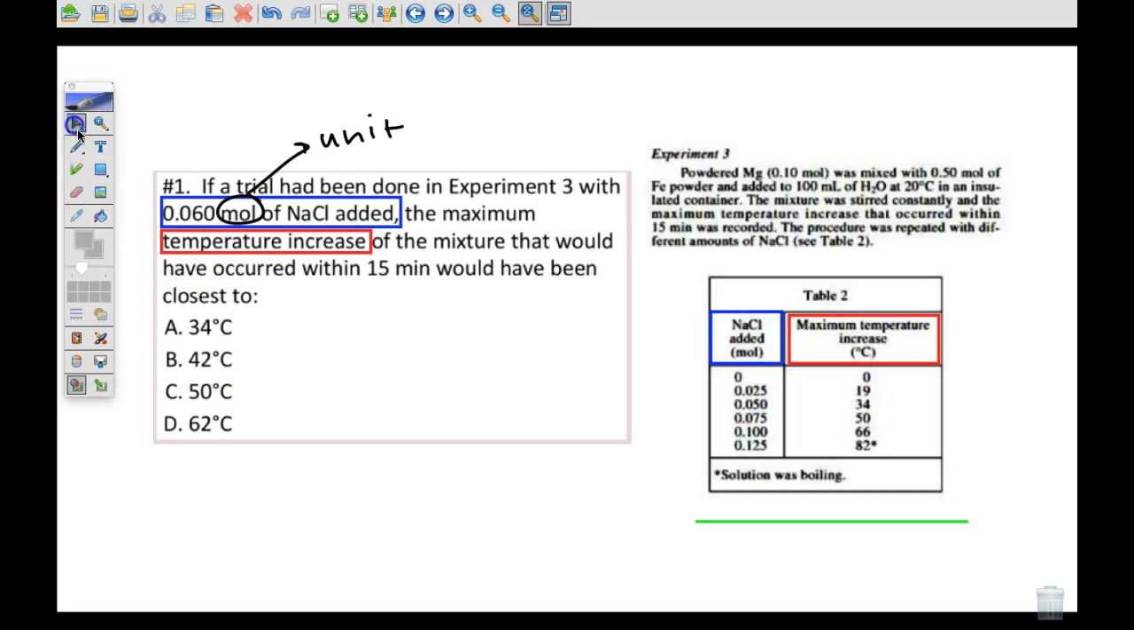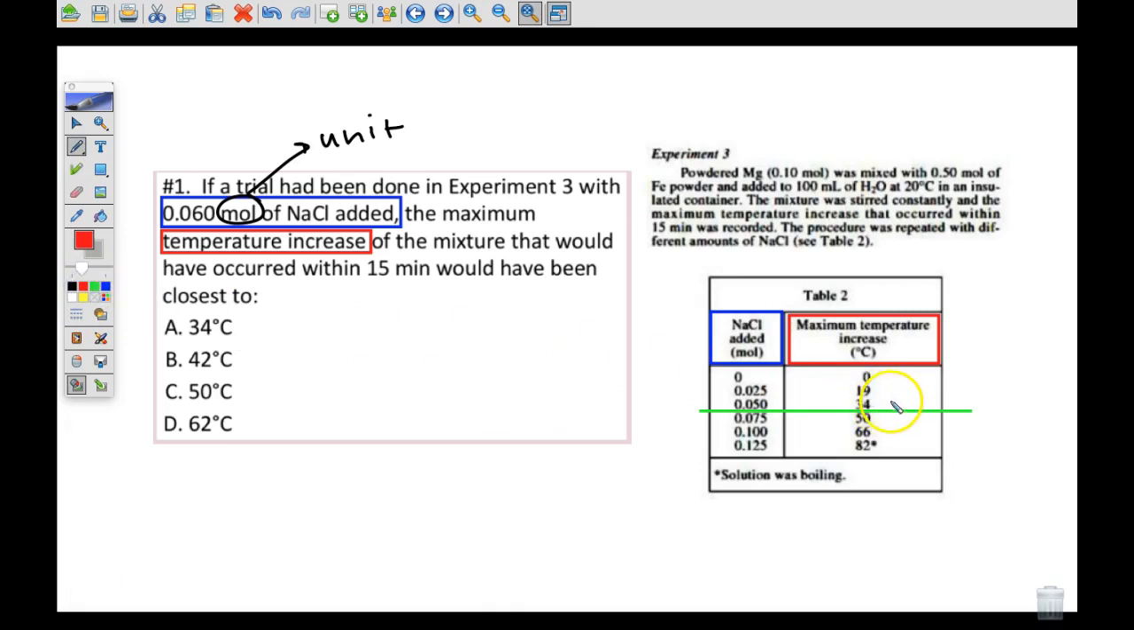So the other issue is that 0.06 moles of NaCl, I see that the similar verbiage is in this table, but 0.06 is nowhere in the values given. So I would have to either mentally draw a line or physically draw a line in the data table so that I can see where the temperature possibly could be. So looking at the table,